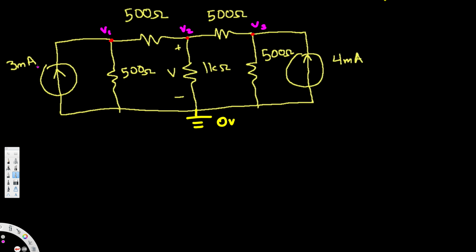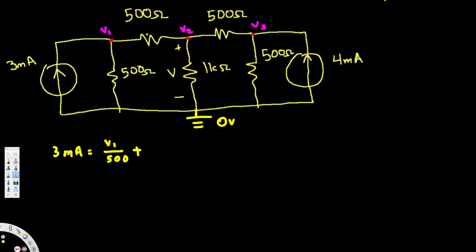For the first node, we have 3 milliampere entering, so we put 3 milliampere. Whenever the current and direction are not provided, we always assume the current is exiting. So we assume those two other currents are exiting, and the bottom is 0. So for V1, this part is going to be V1 minus 0 over 500, so we can directly write V1 over 500, and plus